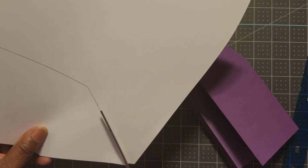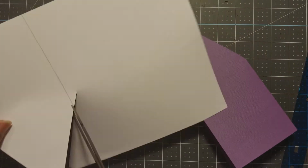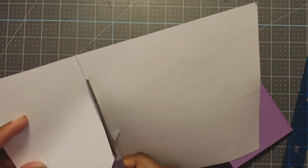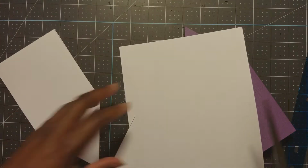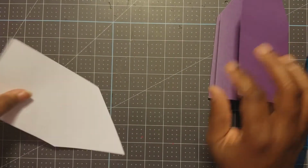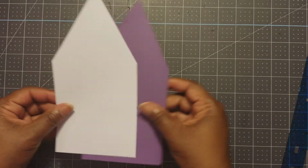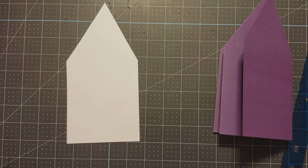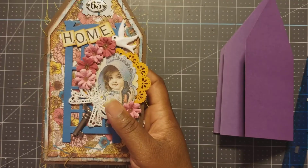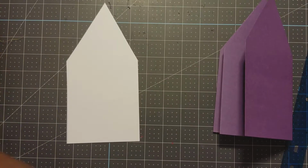You could use your trimmer as well. I'm just choosing to use my scissors. All right. So now I have a template for my layers, right? This fits. This is a template now for my layers. So let me show you my book. I did one layer and then I did a second layer. So my first layer,